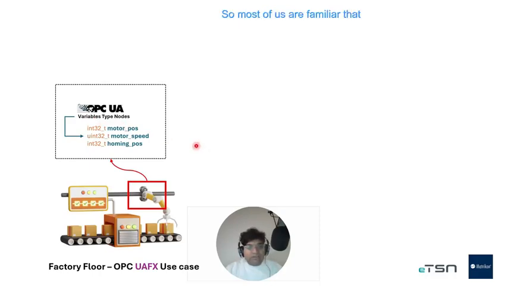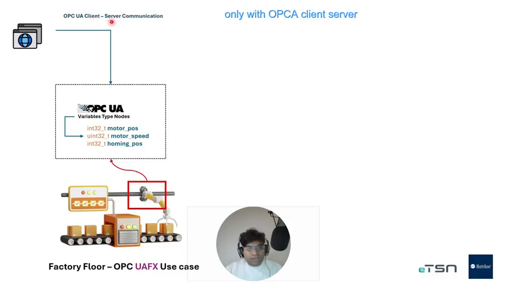Most of us are familiar that these three values can be controlled only with OPC client-server communication, and most of us would have tried to download a client and then try to access these variables, read, write, and monitor them. But this is one of the most famous use cases. What most of us are not familiar with is the OPC FX use case: imagine these three variables have to be transferred from point A to point B, and OPC FX offers different kinds of transport layer protocols with